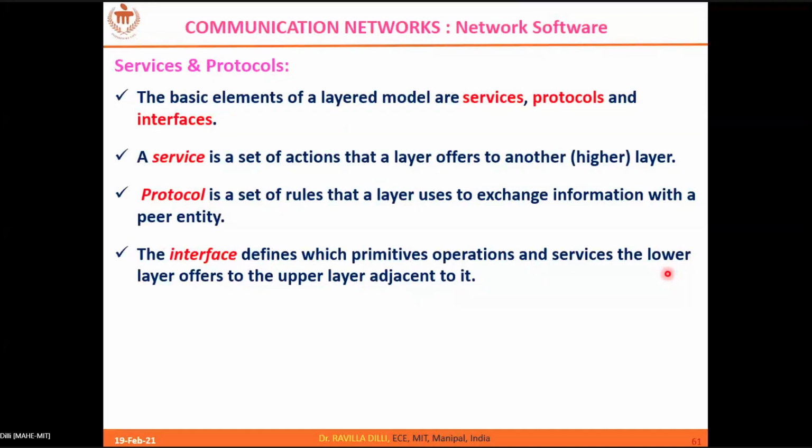As I told you, the services I can offer to my higher layer are security, multiplexing, segmentation, and so on. How can I inform the higher layer what services I can offer? I can inform through an interface. I hope I have given the definitions of these three terms: protocol, service, interface. So through the interface, a particular layer can inform what services it can offer to its higher layer.